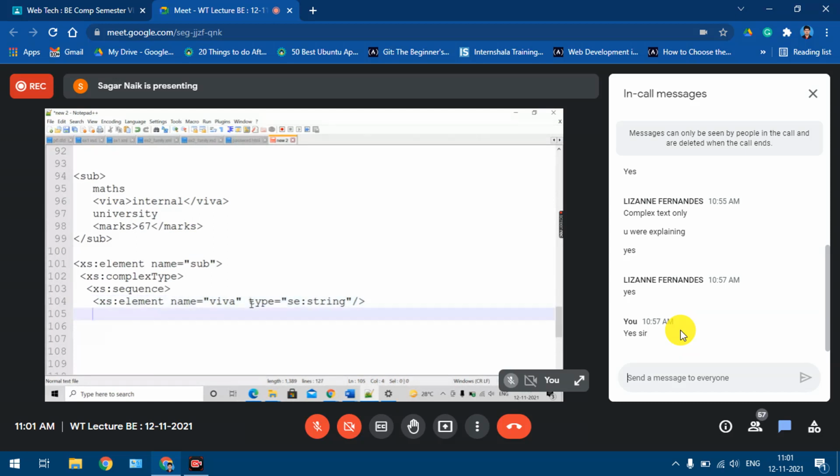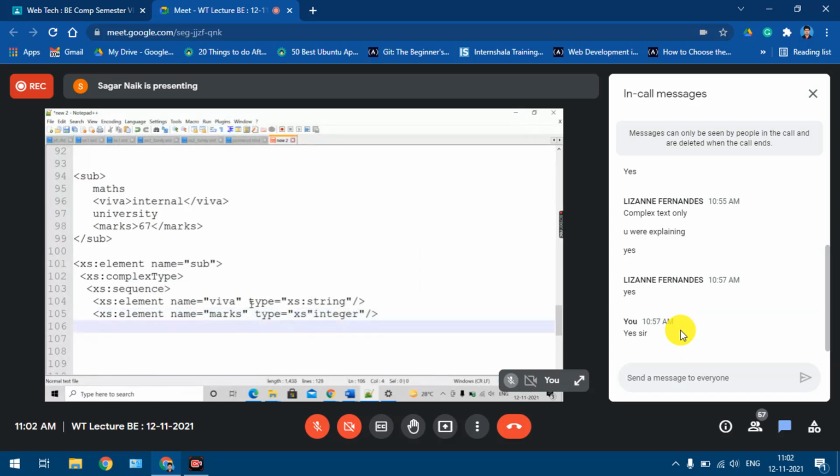Similarly I define my second element, xs:element name equal to marks, type equal to, and when you're practicing this, please don't copy and paste. It is better to type so that you get practice. For marks I'll put integer. Both these elements are defined.